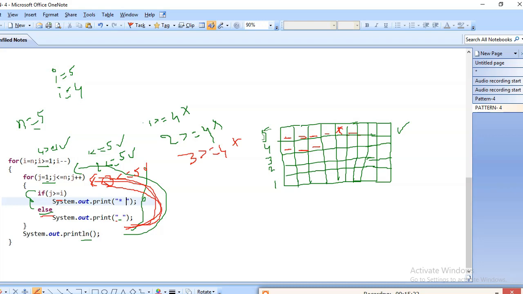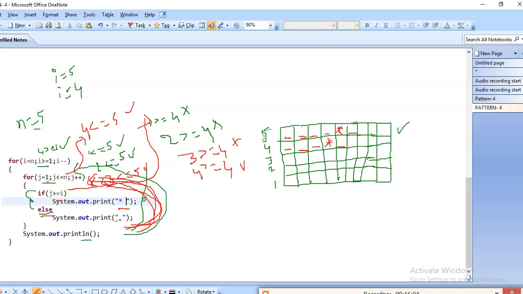So now j value equal to 4. Check 4 less than or equal to 5. Okay, so the condition is true. If the condition is true, again check the condition, 4 greater than or equal to 4. This is the if condition, and the condition is true. Since it is true, here we give star and space, so it will print a star in this position and a space. Again the j value increments, it goes to the increment part.